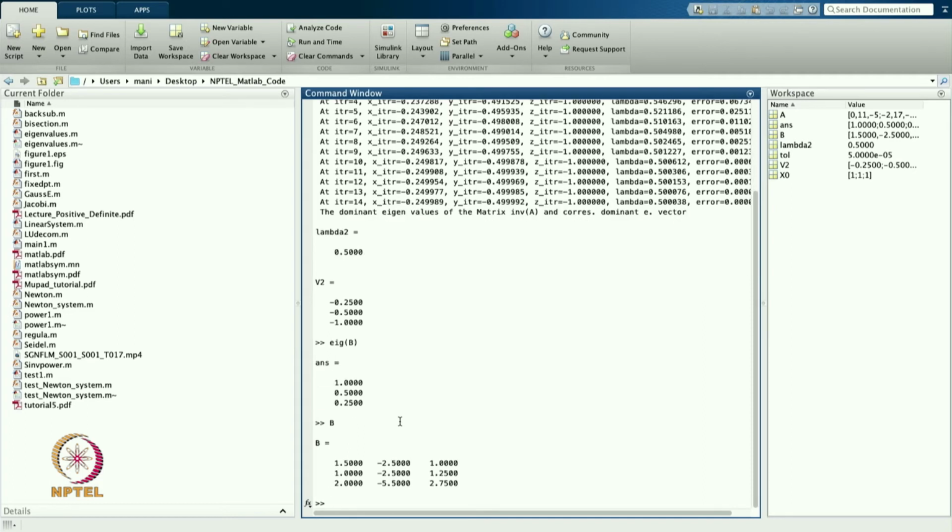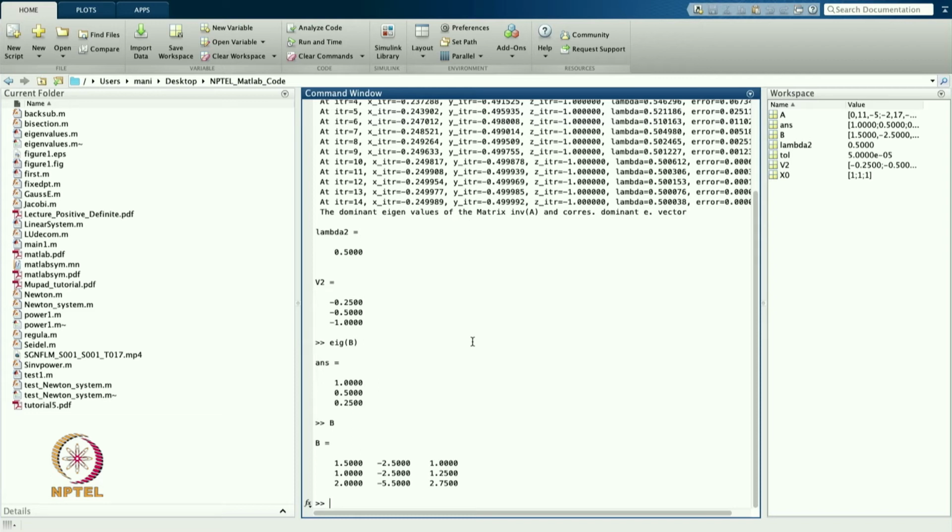So, if I take the matrix B, this is my matrix. In this case, I am getting the eigenvalue close to 0.5. So, this is a wrong result we are getting from this method in the case of the inverse. So, let us try to resolve this using the help of the shifted inverse power method. Let us see what will happen in that case.